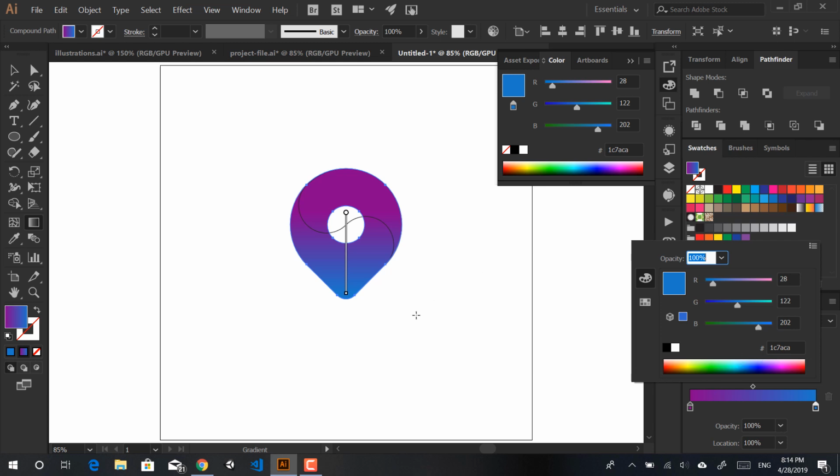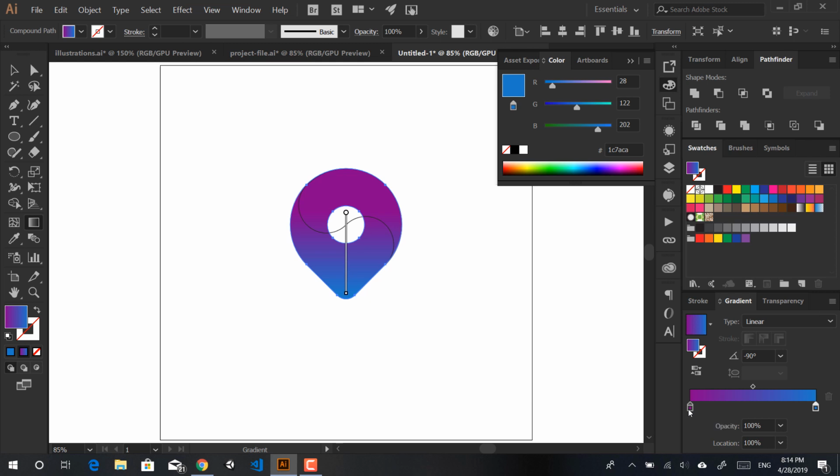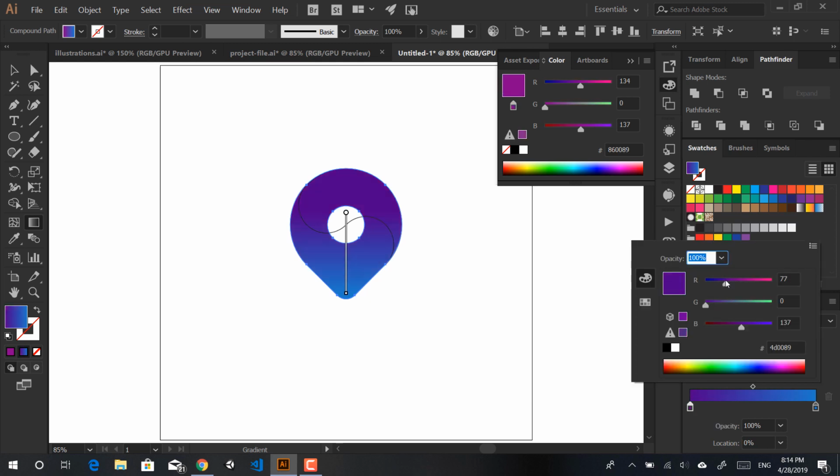I think that looks pretty good. Maybe we want to go back to this color and make it a little, yeah, this actually looks good. I don't want that much warmth on that other side. So these are the colors I picked: